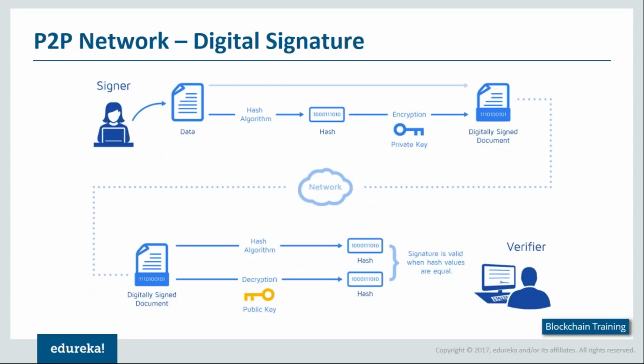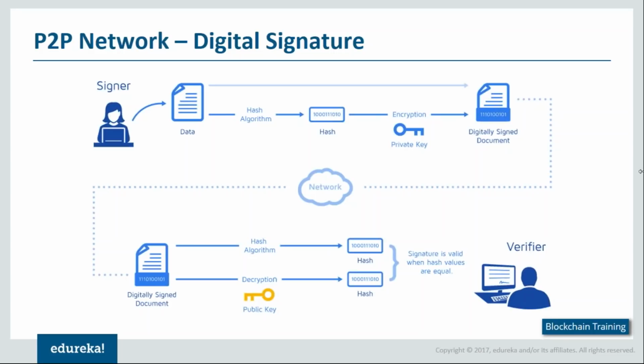So moving forward, let's try to talk about the digital signature. This is one of the major reasons which ensures that the transactions in itself cannot be modified or tampered with. What happens is you first feed the data, which basically has the public key of the sender, the public key of the receiver, as well as how many bitcoins have to be transmitted, into a hash algorithm.